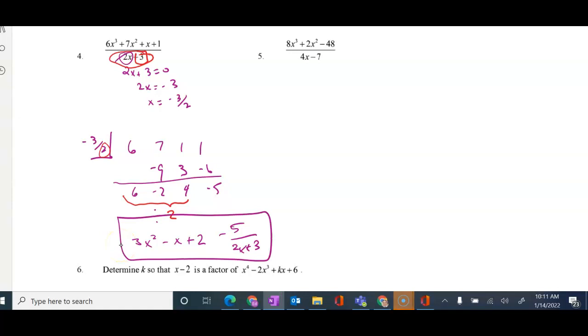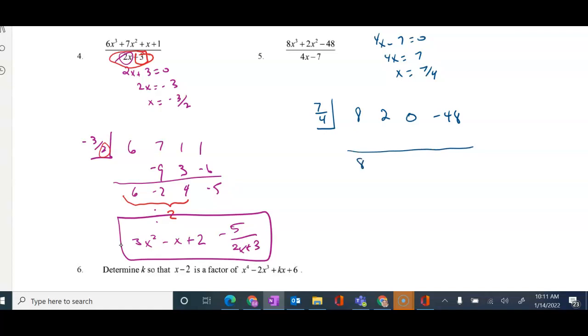Let's see if we can do the same thing on the next one. Okay, so we would say 4x minus 7 equals 0. 4x equals positive 7, x equals positive 7/4. That's what's going to go here in the box. And the coefficients would be, let's see, a positive 8, a positive 2. I got to put a 0 for the x term, x to the first, and then minus 48. And let's do our